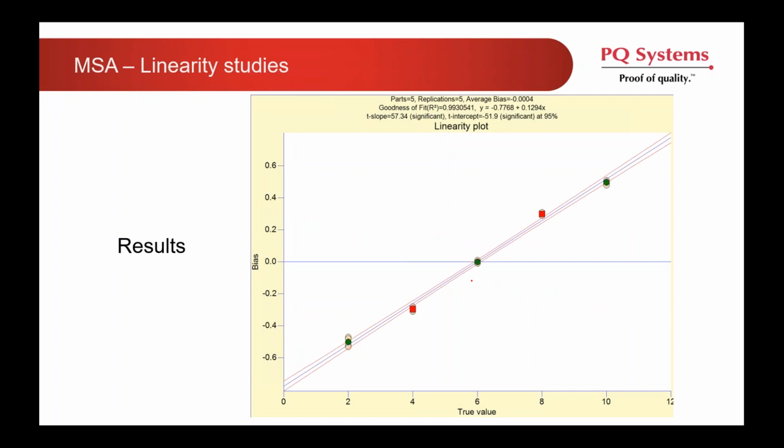Now another example here: we have the same sort of setup. We have our ruler, we've got our parts, and this one is drastically different. For one, we do see some points that are out of control, just outside of those control limits. Two, our actual spread of the measurements is really tight. So even though we're off, we are very consistent. It's almost like that histogram that I showed a couple slides back, where the histogram is really tight, but we're just well away from our